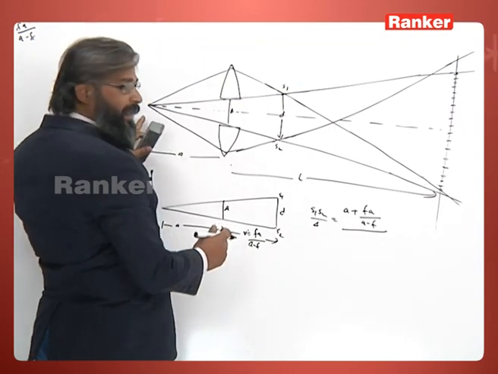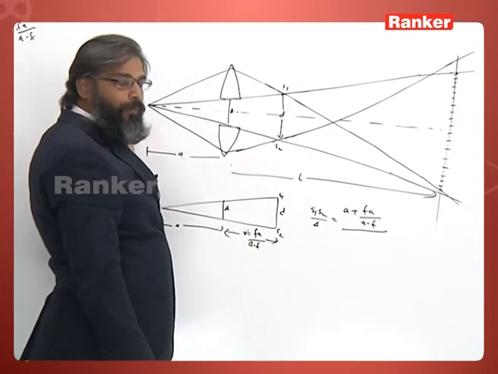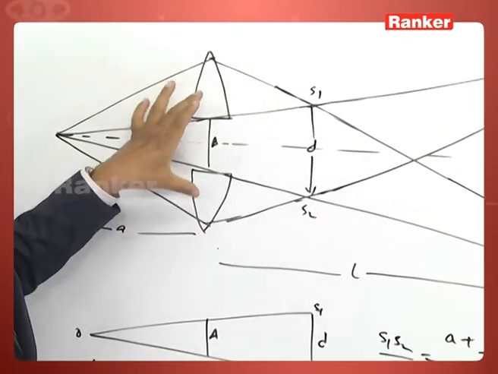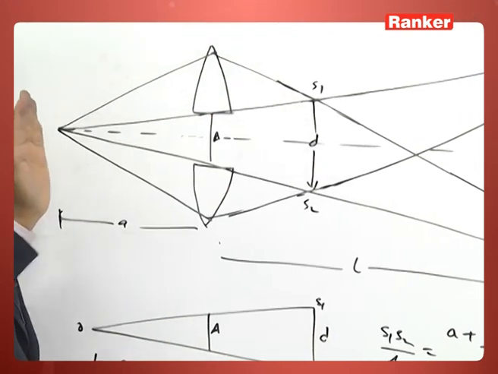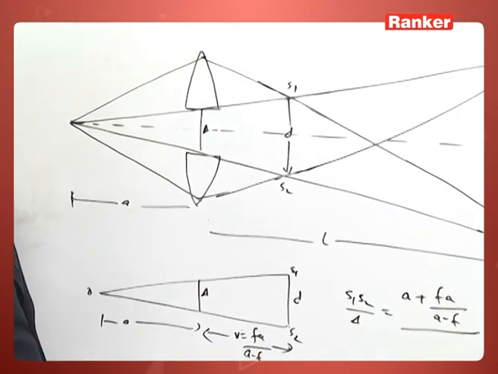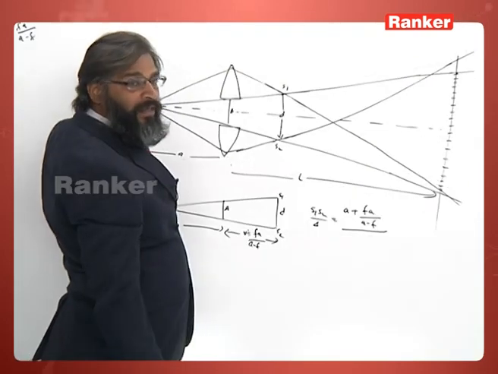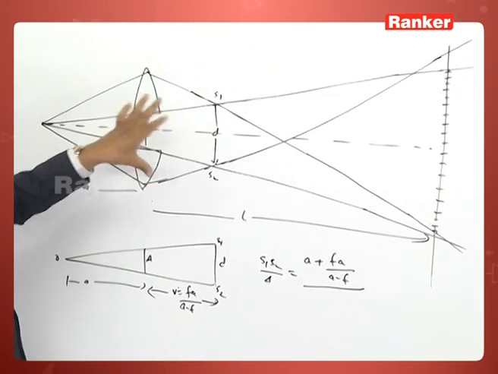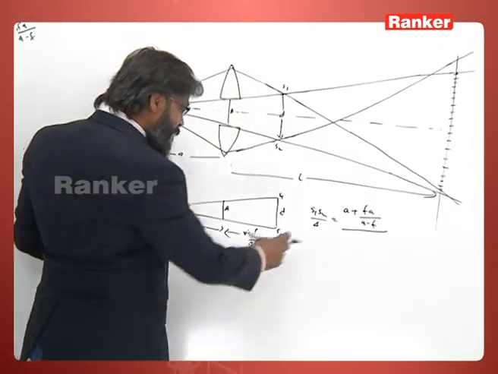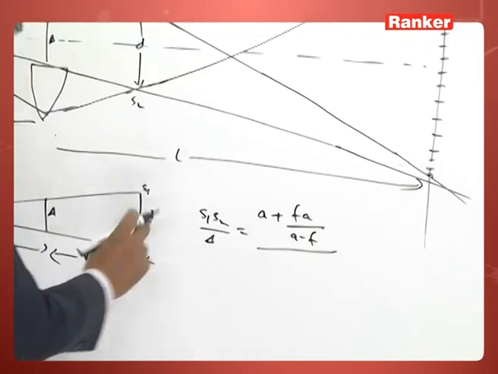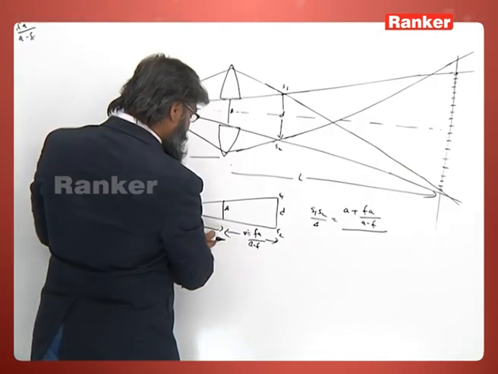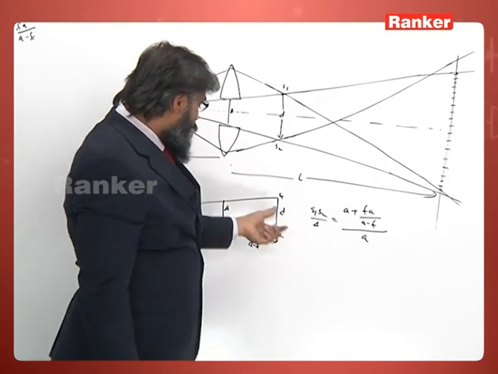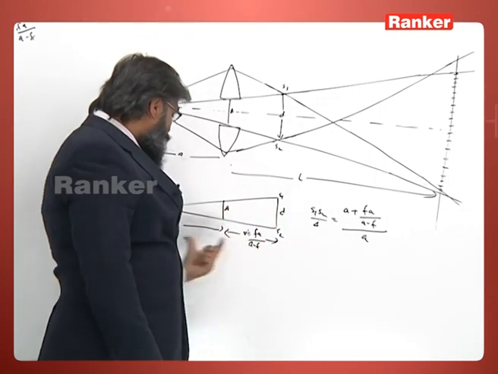Here the distance A should be greater than F in my diagram, since this is a real image. So a converging lens can form a real image only when this distance is greater than F. Otherwise this image will be virtual, and with a virtual image we can also get fringes, but the diagram will be somewhat different. So by this distance A, using similarity, S1S2 by delta